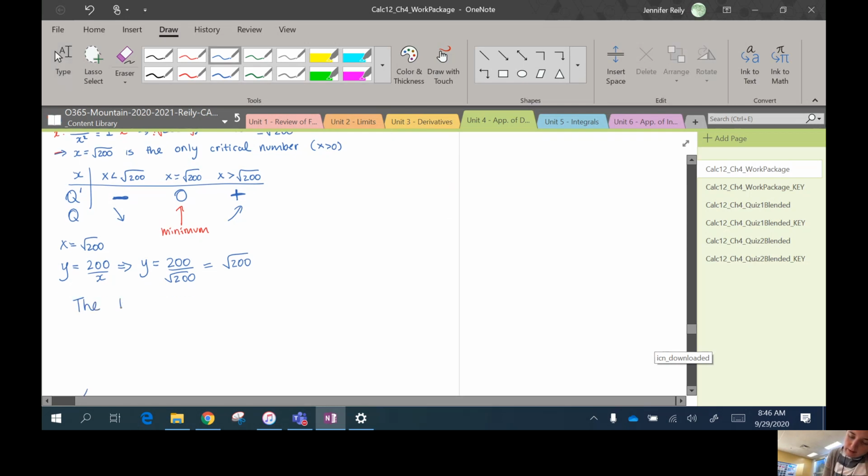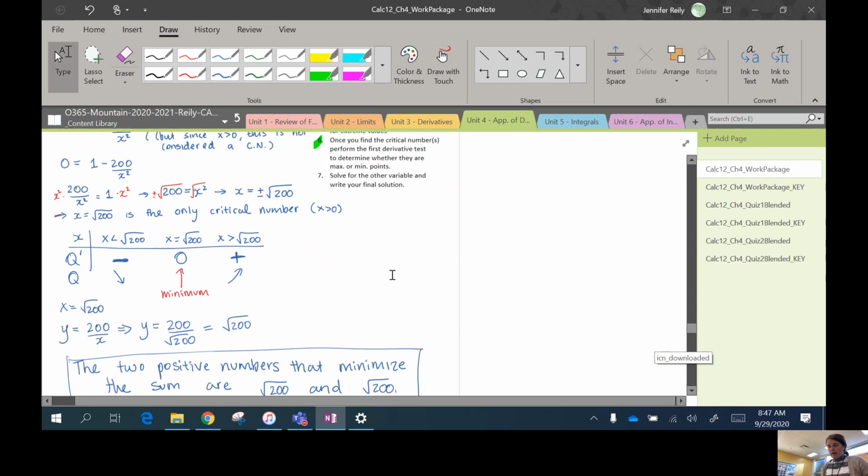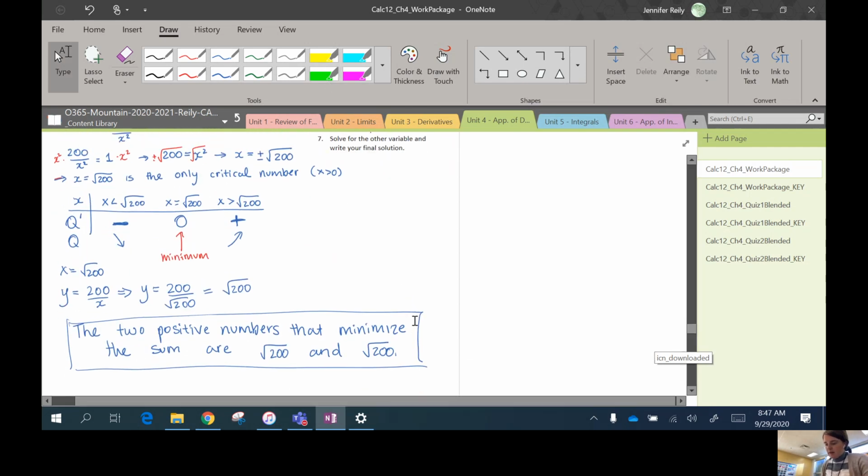So the two positive numbers that minimize the sum are root 200 and root 200. You should always write a sentence at the end so that I know you understand what your answer means. Okay,